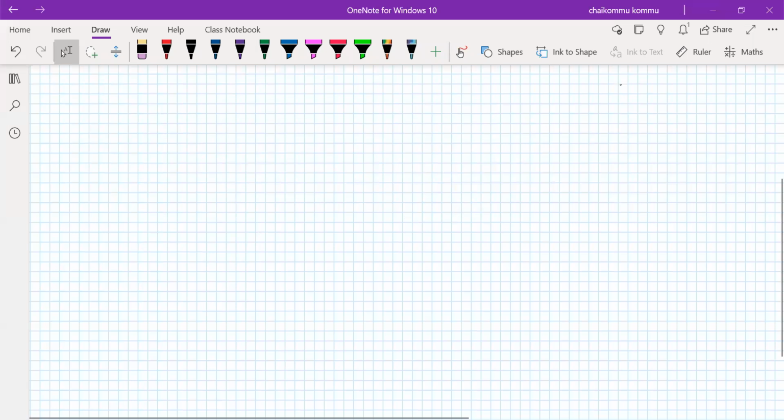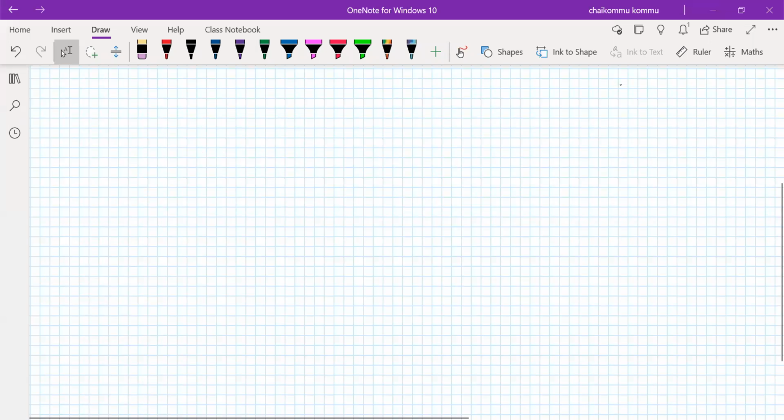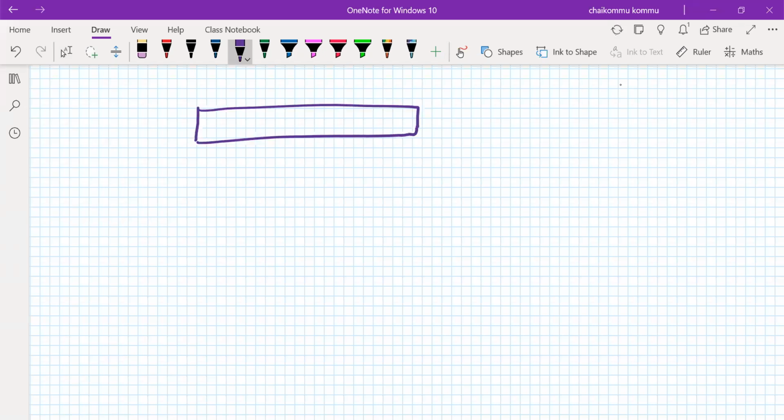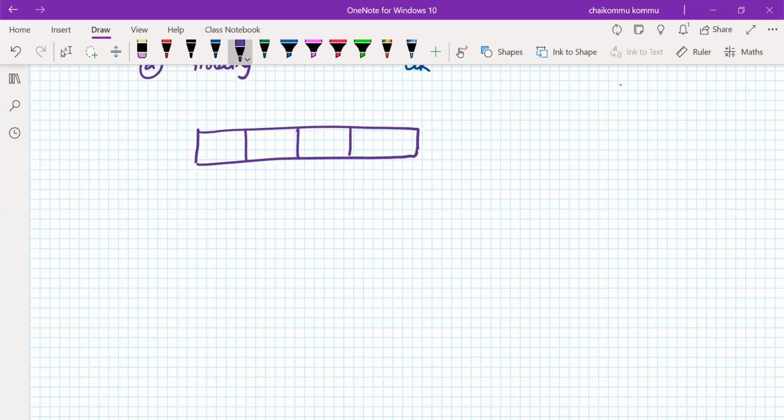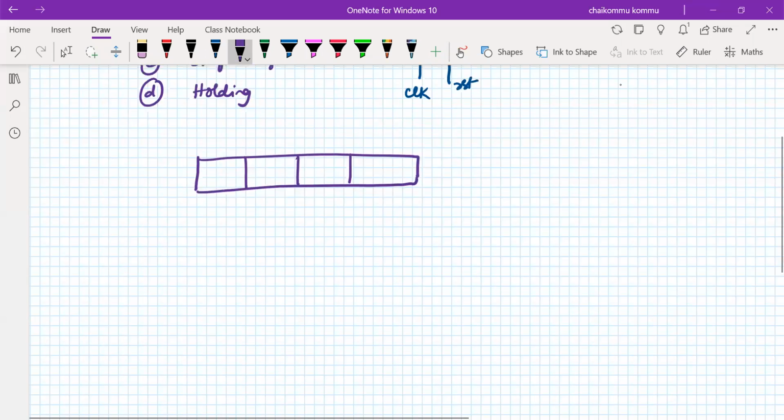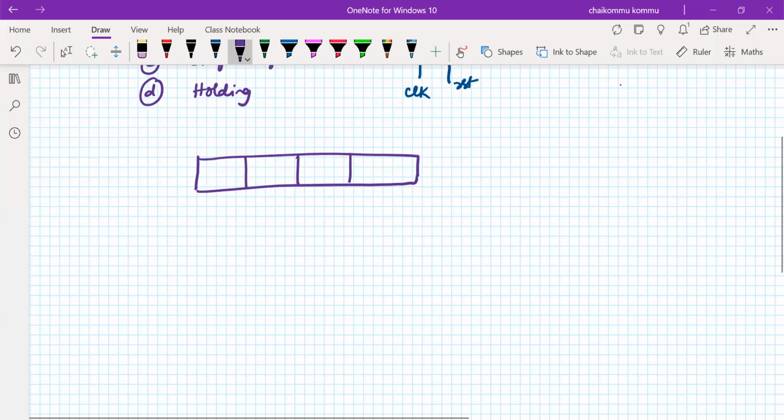For example, consider a register something like this, consisting of 4 bits. Here is the register. The contents are Q0, Q1, this is called Q2, and this is called Q3. Therefore, these are the contents of the flip-flops. If you consider one box as one flip-flop, another box as another flip-flop, then 4 bits means 4 flip-flops are required.